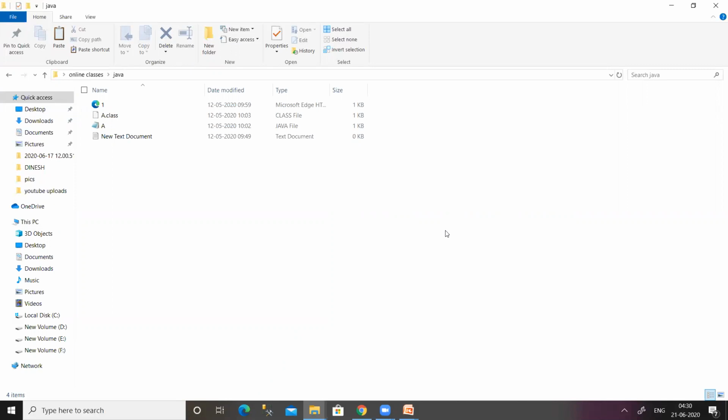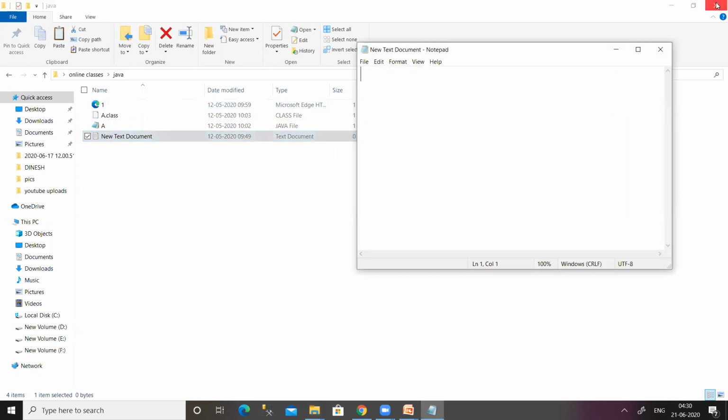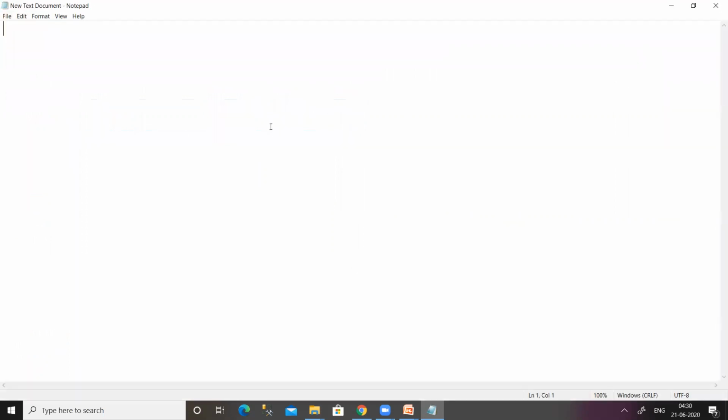But now in this session, I will cover this HTML file also. So let us start with writing a Java program first. And after the completion of this Java program, we can see how to write the HTML code for running this applet.